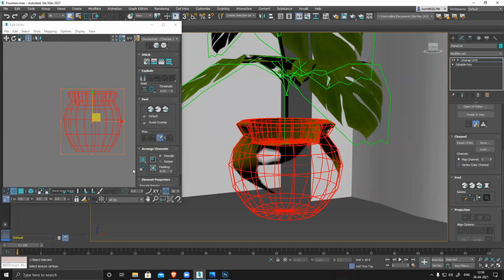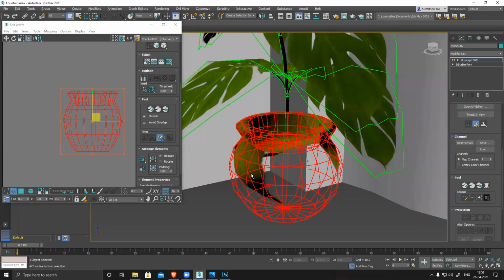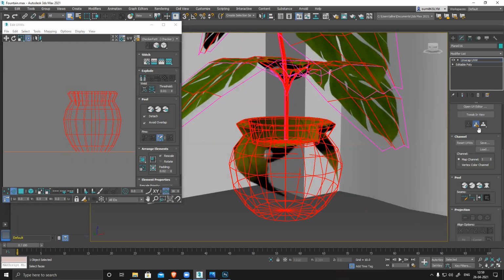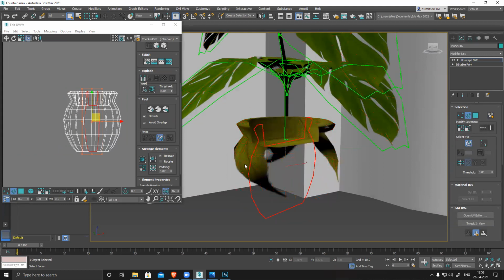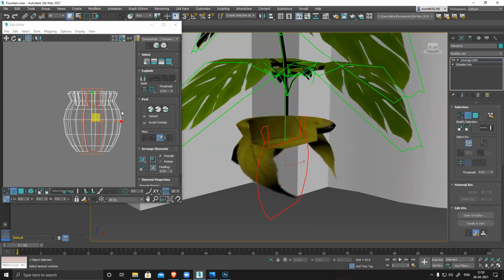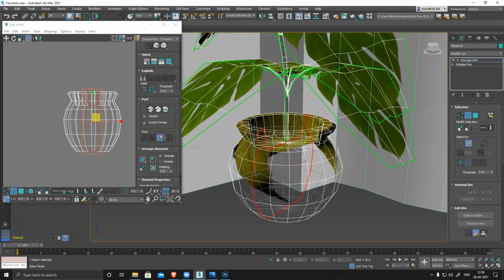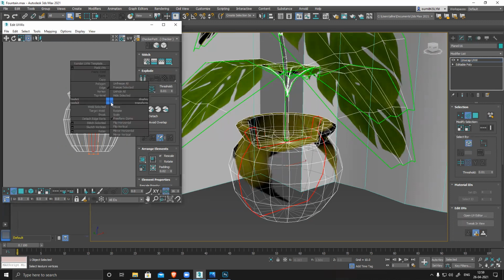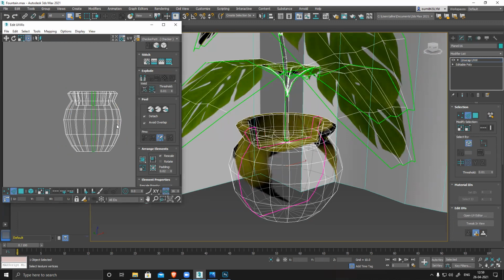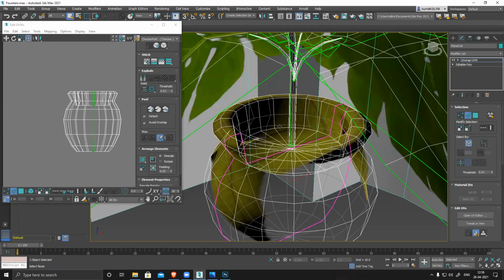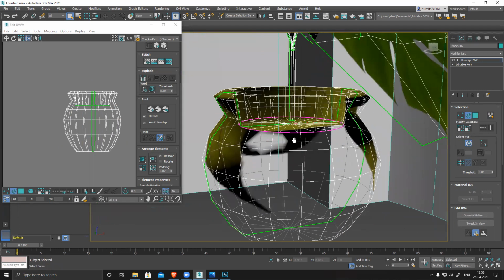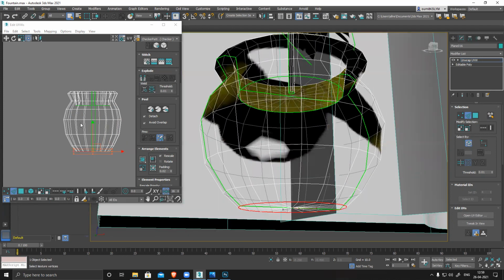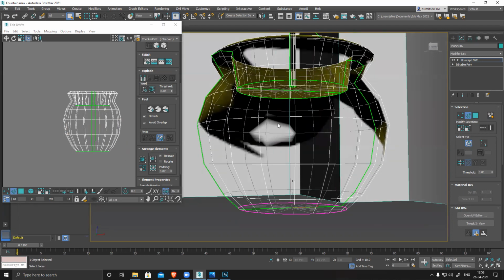Now edge mode. Make sure you switch off your element mode, edge mode, double click any of the edges, right click, break it. Now I have two separate parts completely. The center part I'm also separating, break, and this base also needs to break so that I can unfold the entire thing nicely.